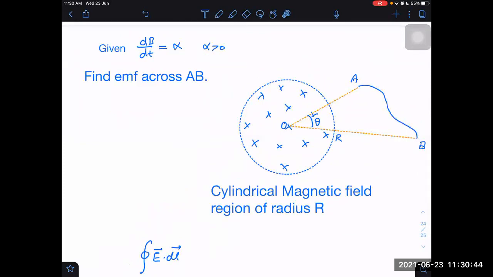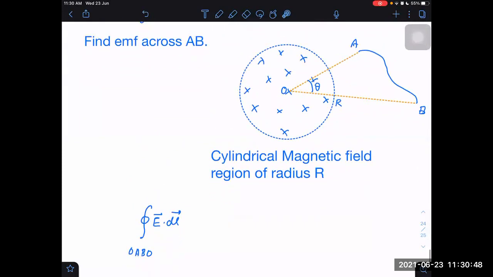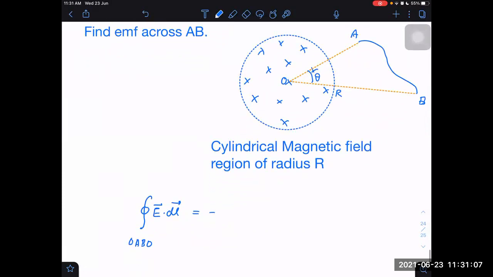Anti-clockwise. Anti-clockwise EMF. OBA. EMF is anti-clockwise. So EMF will actually be in which direction? It will be in the direction OBAO. OBAO, not in the direction OABO, but it will be opposite to that direction. If it is opposite to that direction, then I can take it here with a negative sign, and I will write d phi by dt. What is d phi by dt? That is alpha. Sorry, dB by dt alpha into what is the flux here? Flux changing. Flux will be nothing but in this part only flux is going. In the remaining part there is no flux otherwise also.